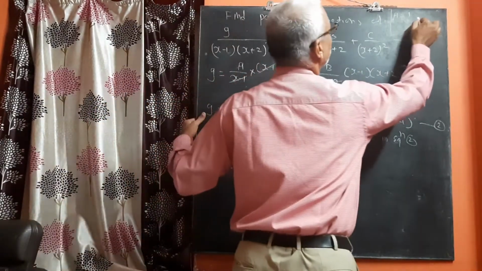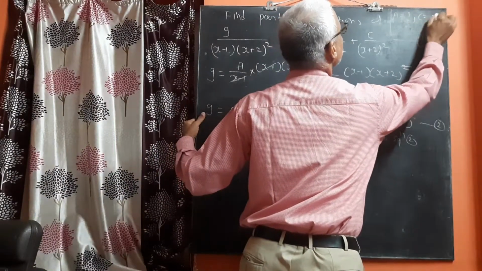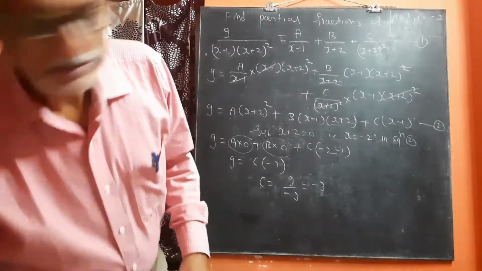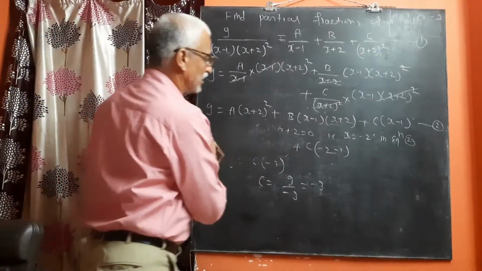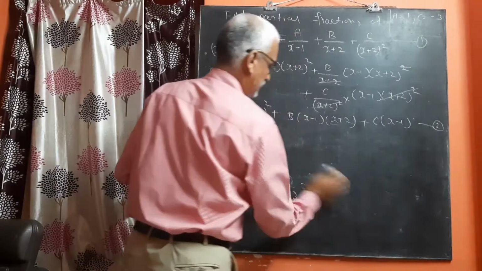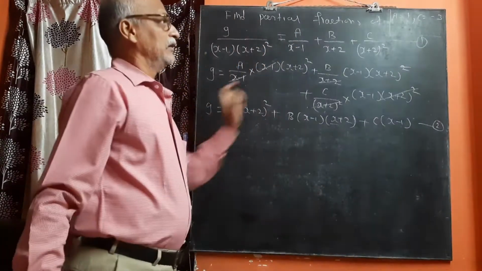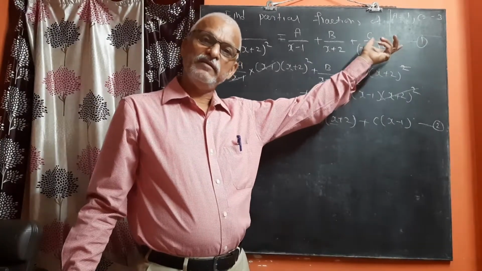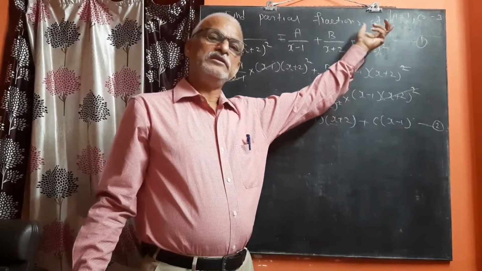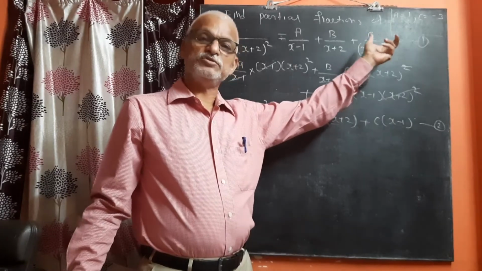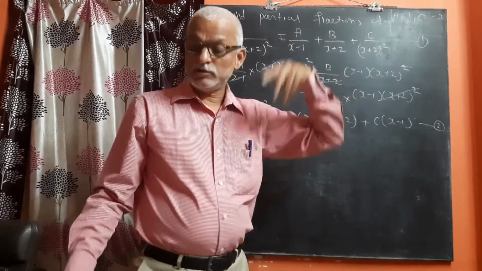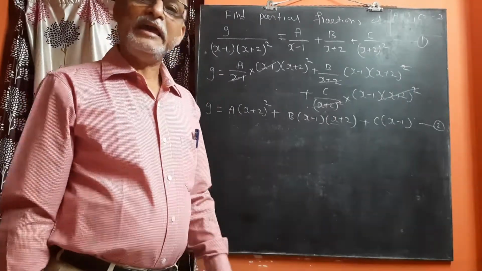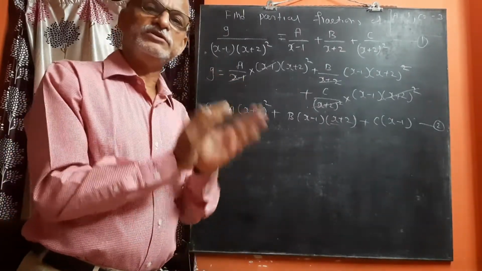A equals to 1, c equals to minus 3. Now the third substitution. Listen here. For the third substitution, here denominator of c is x plus 2 the whole square. मैंने बताया था कि अगर स्क्वायर है, if the term is repeated, then that denominator should not be substituted equals to 0. तो अभी substitution क्या रहेगा आपका? You have to substitute any value of x other than the first substitution and second substitution.